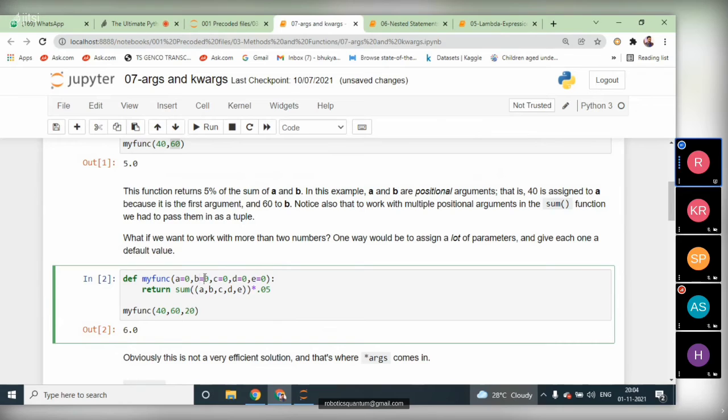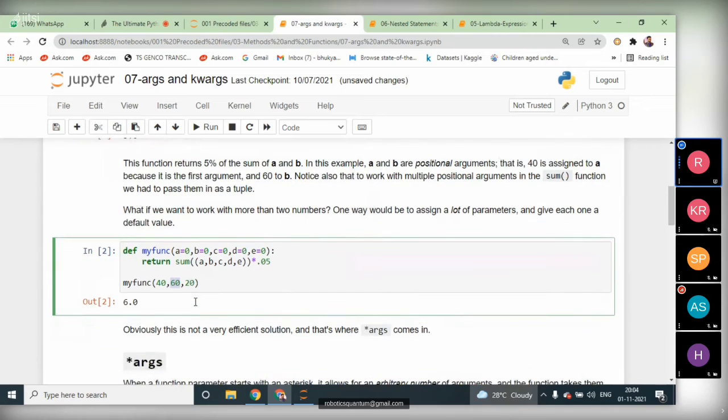Here we are passing only three values, 40, 60 and 20. So 40, 60, 20 means 120. 120 into 0.05 gives 6.0, because 120 into 0.5 is 60, so we get 6.0.